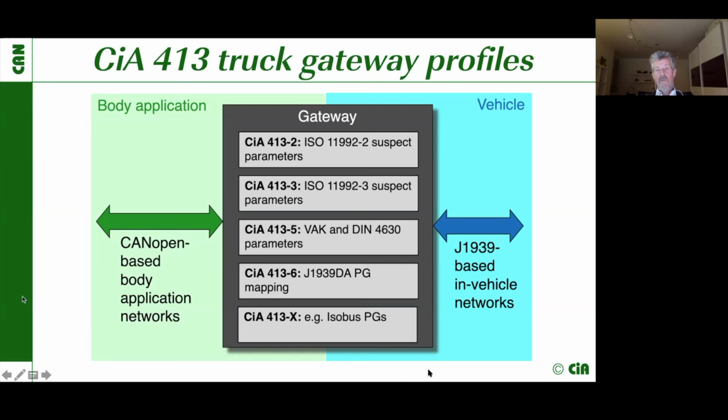So we provide and specified all ISO 11992 suspect parameters, the same for the part 3 suspect parameters. We have dedicated parameters coming from DIN 4630, as well as the VAK. This is a German non-profit organization for other commercial vehicles, for other vehicle applications like road cleaners and so on. And we have a generic mapping of parameter groups into CANopen